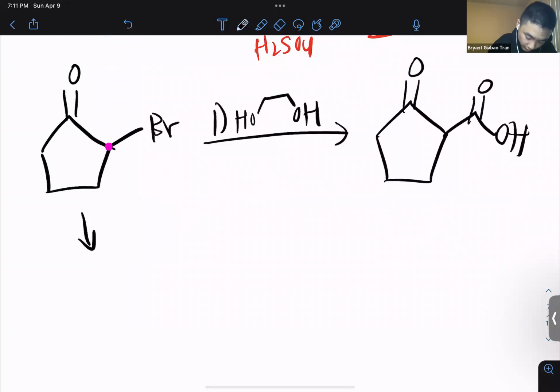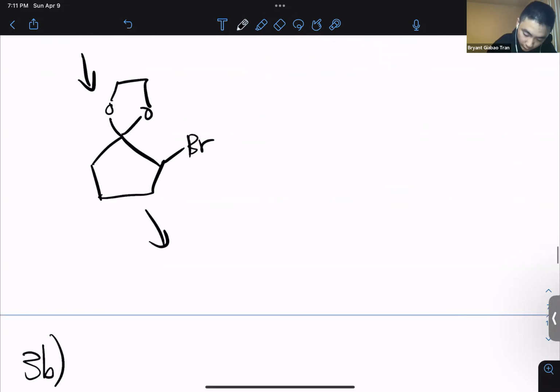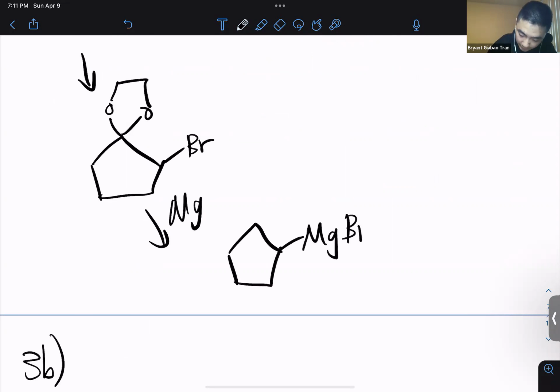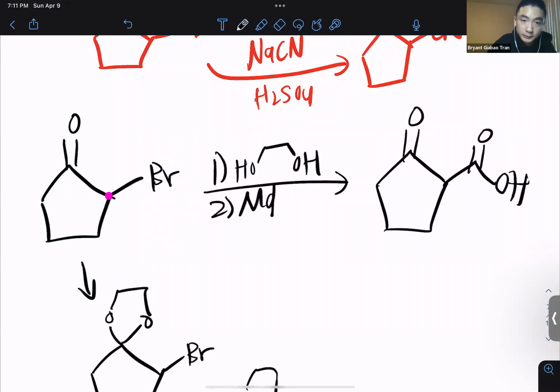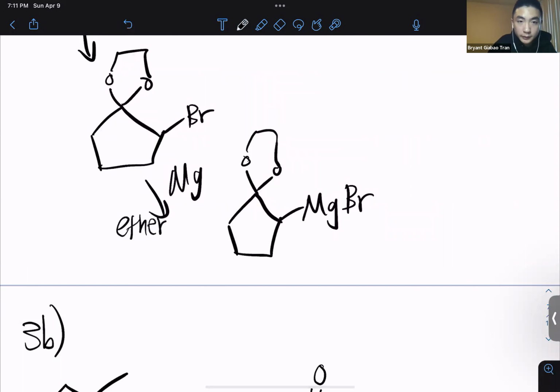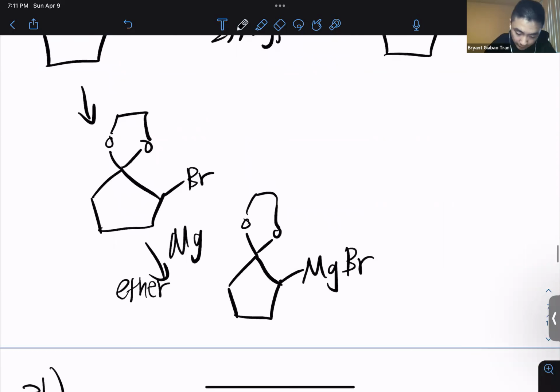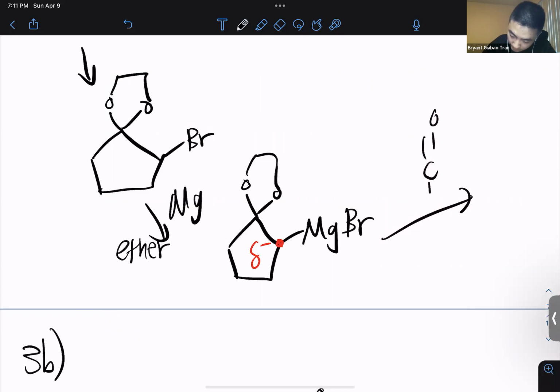Okay, and then after the first step, we get this acetal, Br, and then to form our Grignard, we just add Mg, which creates our MgBr here. So second step, Mg, and then we could add ether as a solvent, ether, and then now we have our nucleophilic carbon attached to the MgBr, which we can add CO2,